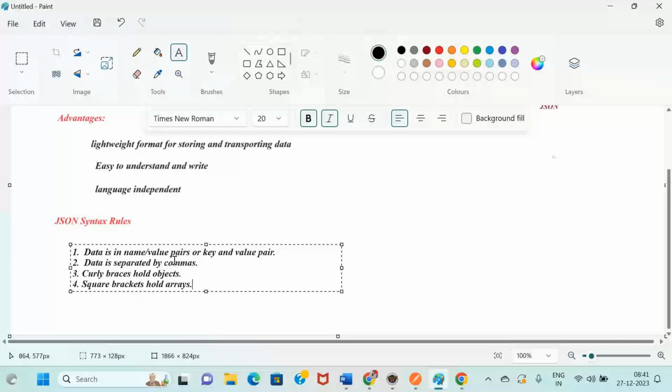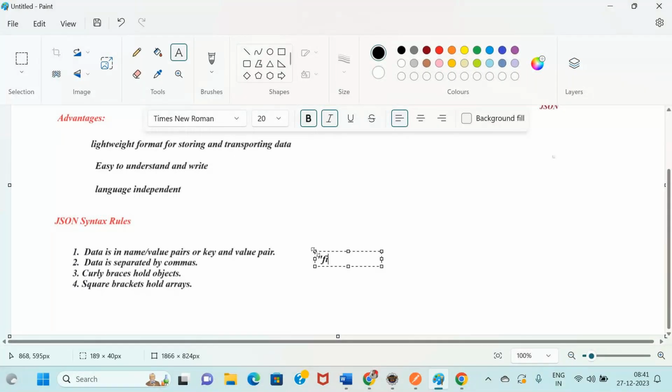Now we'll discuss the sentences I have provided. Data is in key value pairs, which means a name and a value. For example, the key will be first name, colon, and the value will be Harshil.